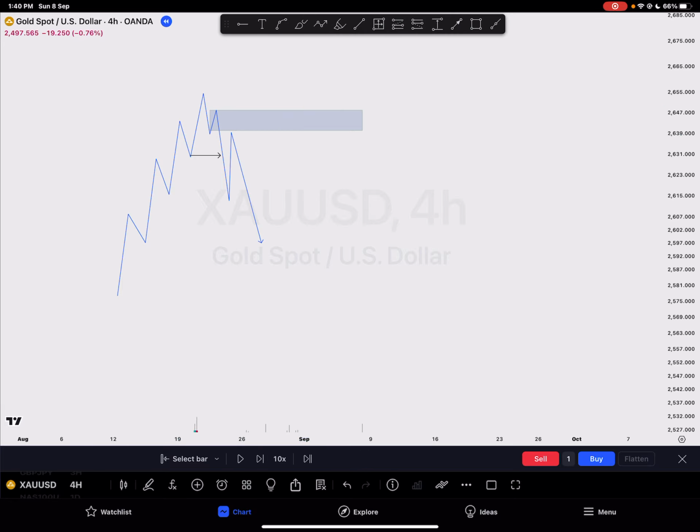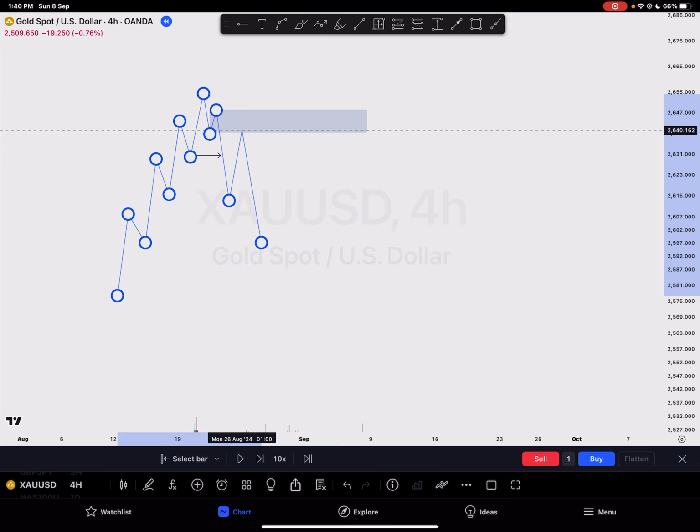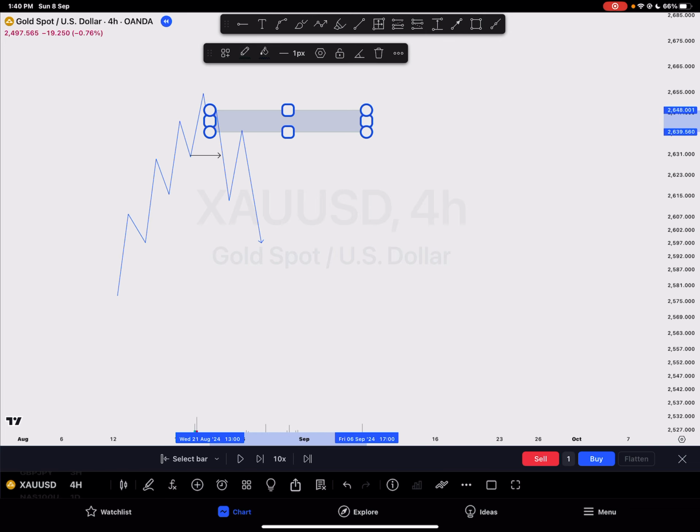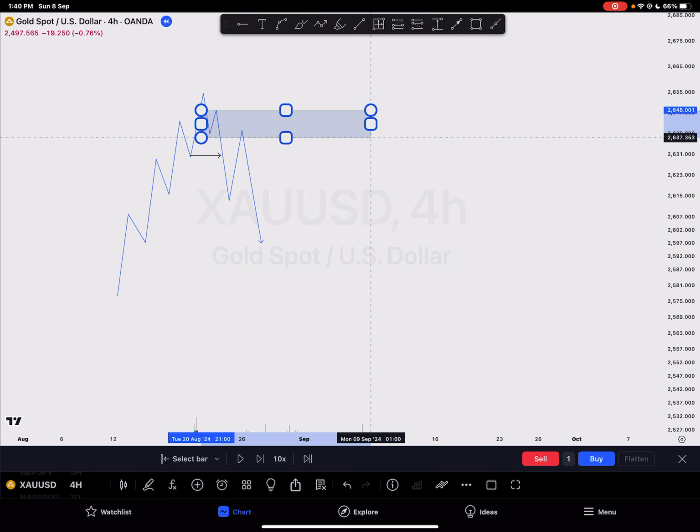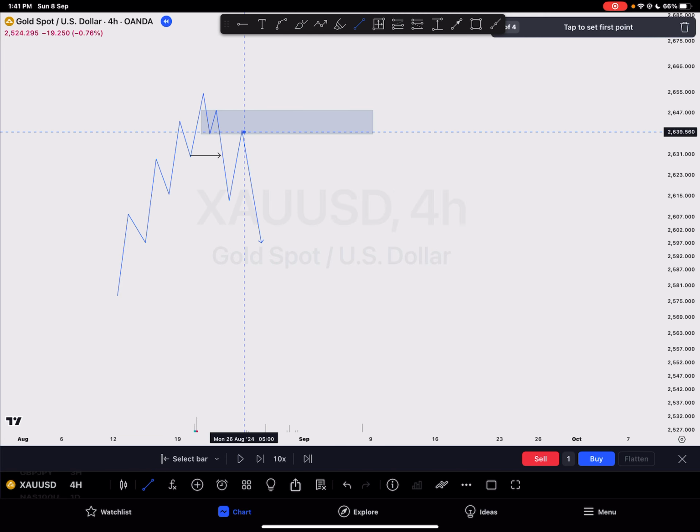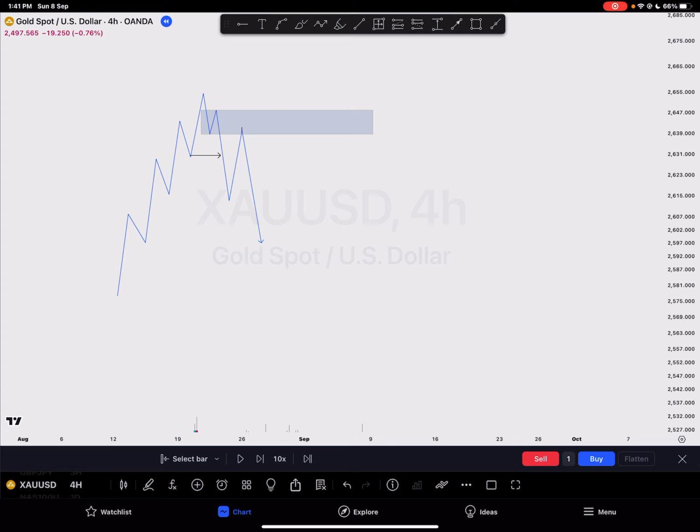So price forms the outside formation, but the outside formation approaches this inside formation a bit and leaves a minor wick. So now we have both the inside and outside formation, but the outside formation a bit approached the inside formation and left a minor wick. Now this means that price showed the desire